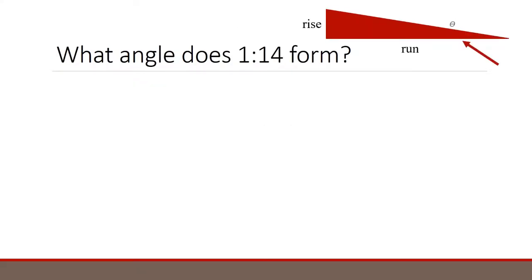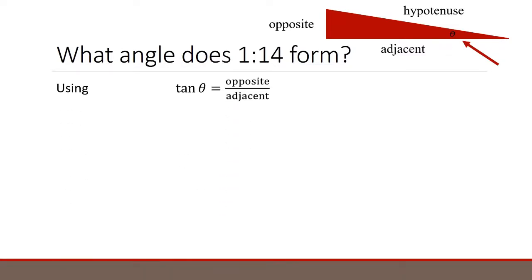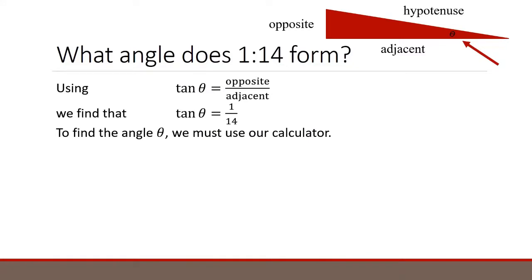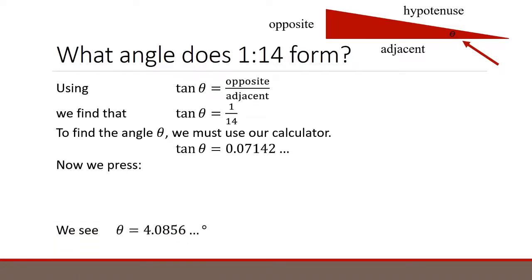So we come back to our ramp. What does the angle in the ratio 1 to 14 form as an angle? Well, we use tan theta, which is opposite over adjacent, and we replace that with 1 over 14. Now, to find the angle theta, we must use our calculator. And when we do, we calculate tan theta, 1 over 14, 1 divided by 14, is